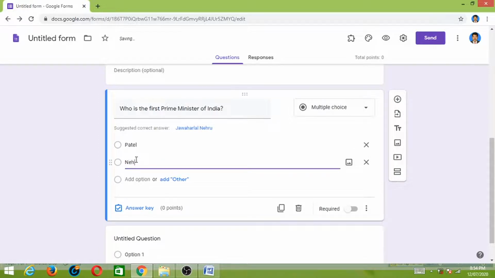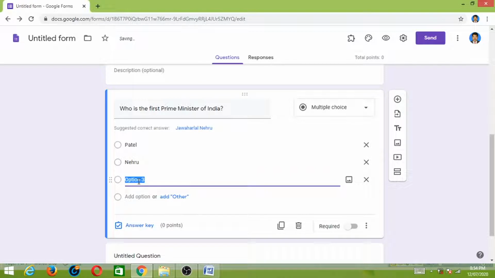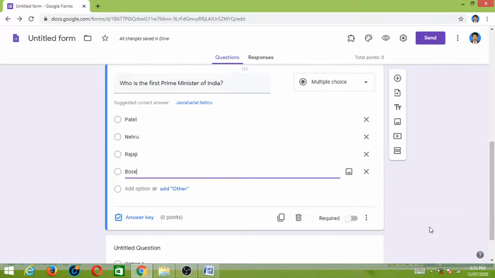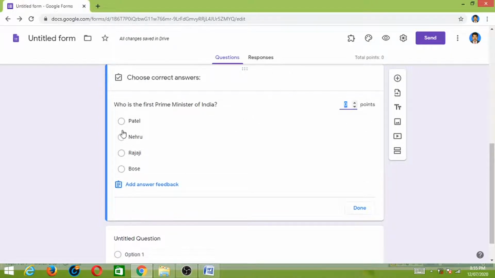Patel, Jawaharlal Nehru, Rajaji, and Subhash Chandra Bose. Okay. For automatic evaluation, we can add the answer for this question. So Jawaharlal Nehru is the first Prime Minister of India, and we can assign the points for this question.